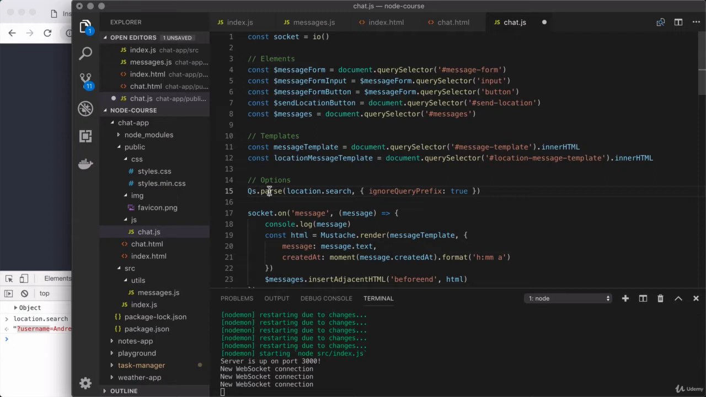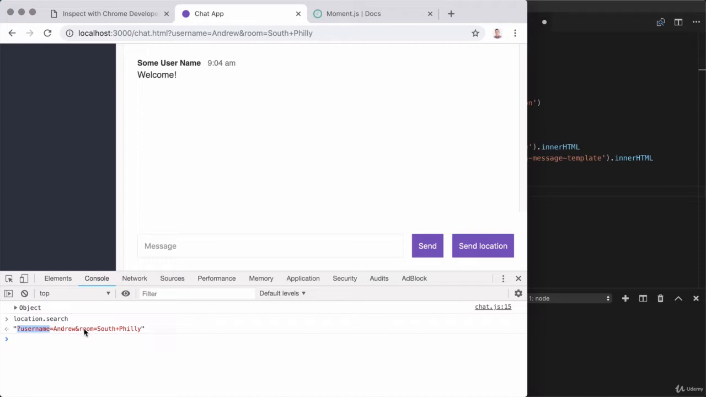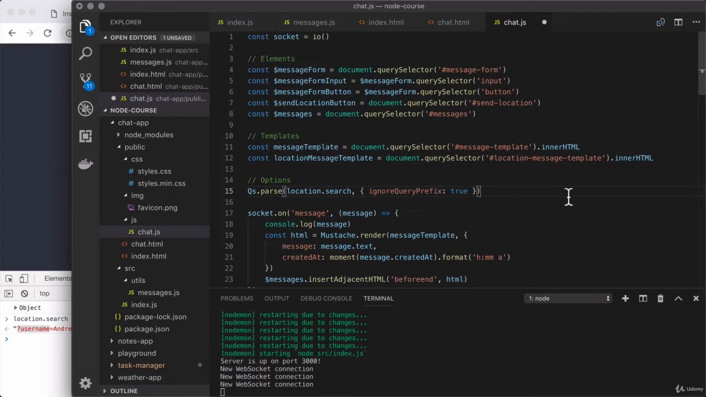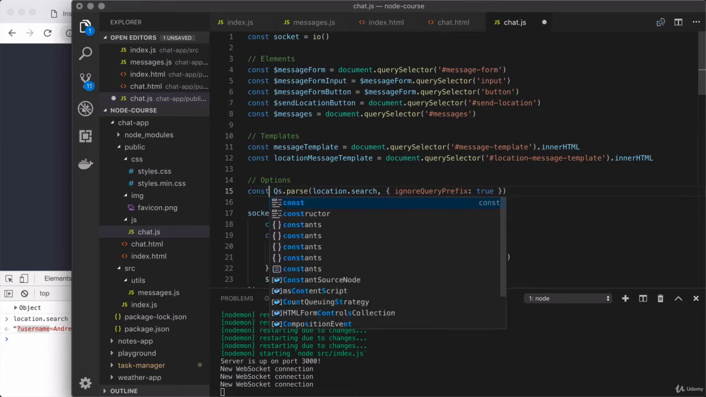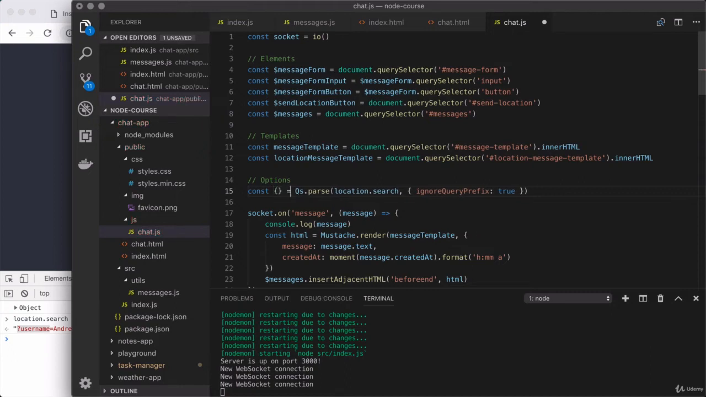Now, what we get back, as mentioned, is an object. That object has all of the keys as properties, and the value for those properties is the value. So we have the username property, the string Andrew is the value, and the room property, the string South Philly, being the value for that. So we could go ahead and do one of two things. I could create a variable to store that object, or I could go ahead and destructure those individual properties off of the object, and that's the approach I'm going to take. So right here, I am destructuring the object that comes back from qs.parse. I'm going to grab the username and the room, and we are going to use those,